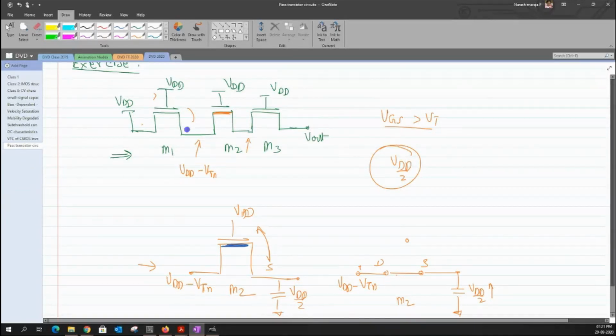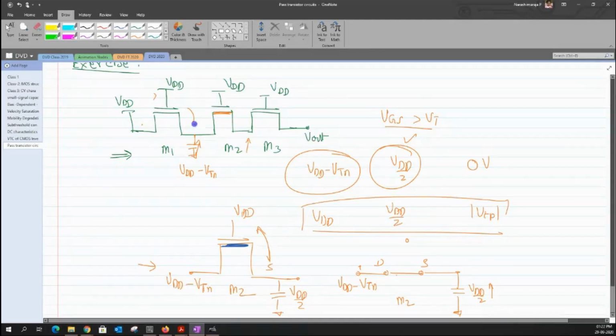But as far as the NMOS is concerned, we can still assume the voltage across the capacitor either as VDD by 2, which is the easiest way of thinking, or you can even have 0 volt, or a voltage equal to something like this. It can take any of these voltage ranges, but having this as a startup point will help us for both the PMOS as well as NMOS circuit. If I take a PMOS circuit, then the voltage range you can have is between VDD, which includes VDD by 2 as well, and it can go all the way to VTP. So this is the range of voltages that I can assume for the other end of my terminal.